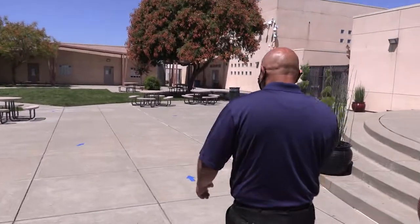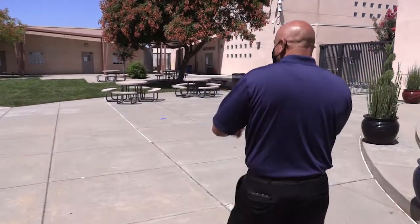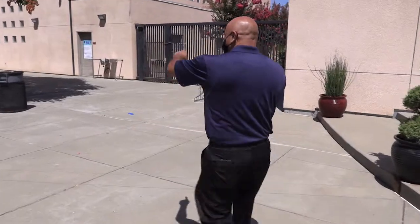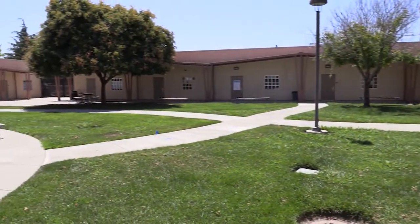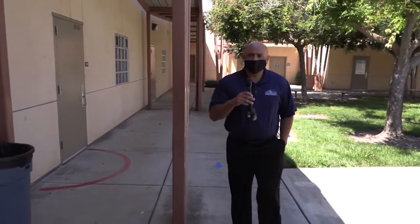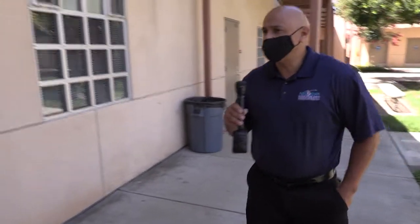As you can see, there's arrows designated, and we're going to be 6 feet of social distance as we do this to get to your classroom. And so just imagine that when we're on campus, we're going to be following this all the way around to all of your classrooms. Okay, as you can see, we're walking around, we're in the B wing, following the arrow, going counterclockwise. For example, if we're going to be going into room B103, what you'll notice is in a lot